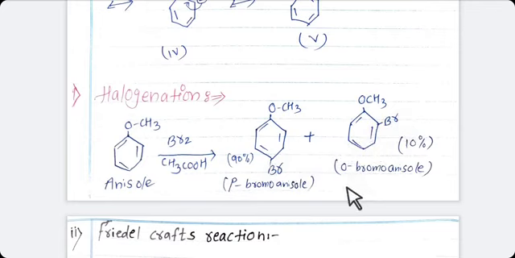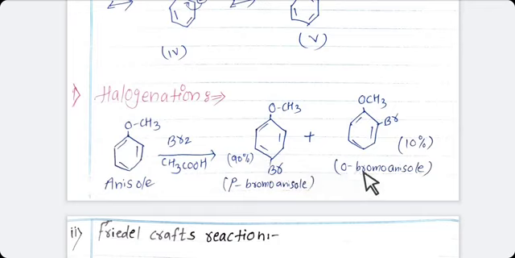Student, always remember, whenever any compound attacks on the aromatic ring, a hydrogen atom will be removed from the ring. Same here, when bromine is attached on this carbon, it means hydrogen is replaced from here. So the para compound is more stable as compared to ortho.